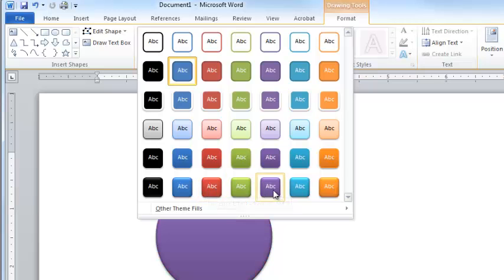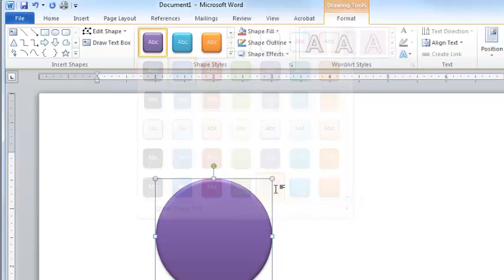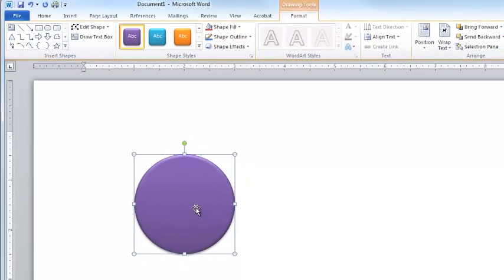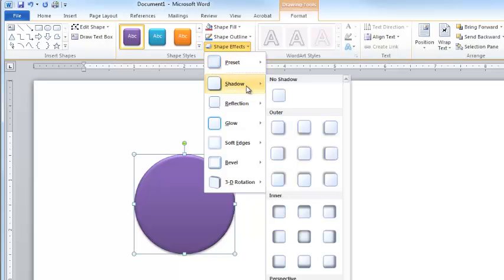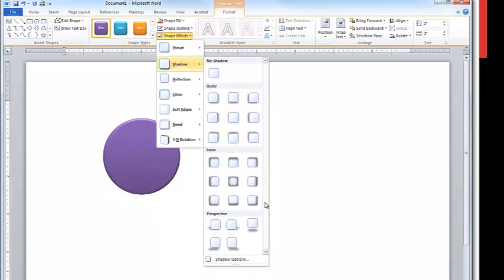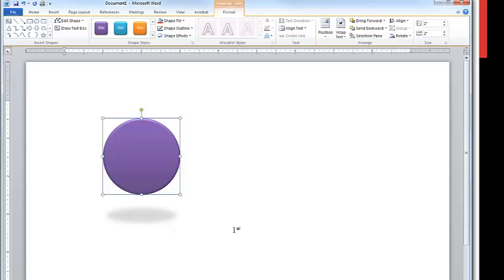For this example, I want to choose the color purple. Now let's say I would like to add effects to this circle. Under Shape Styles again, we have Shape Effects. If I click on the little arrow next to the word, I have a bunch of different selections that I can choose from. I think I want to look in the shadow area and make it look like my circle is levitating. So I just added a shadow underneath my circle to make it look like it's being raised up